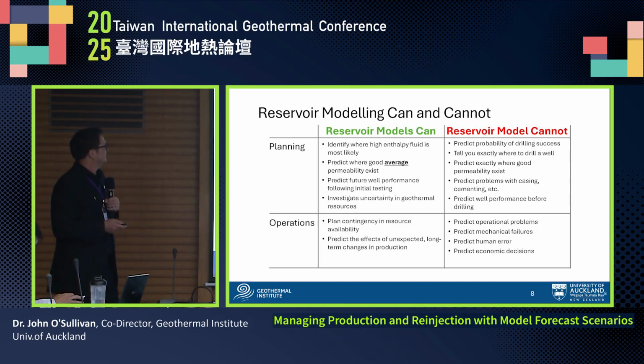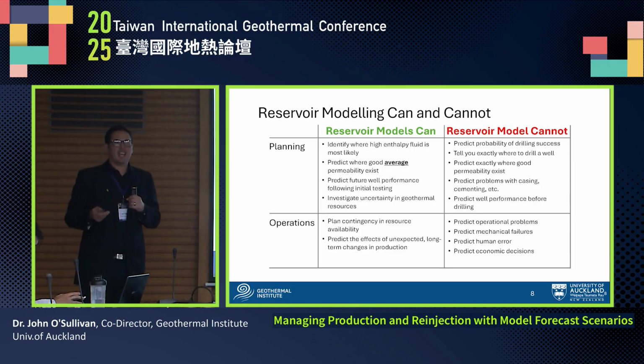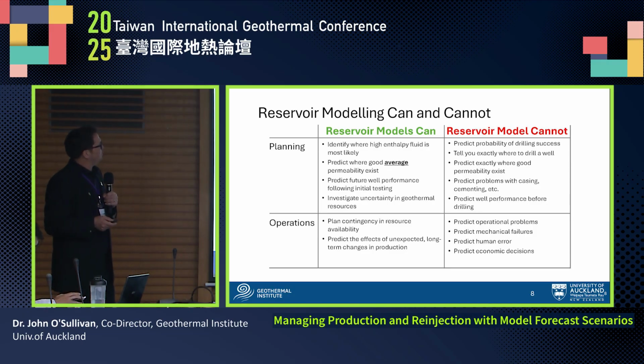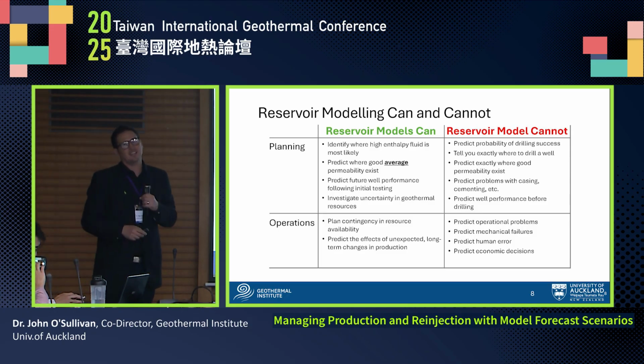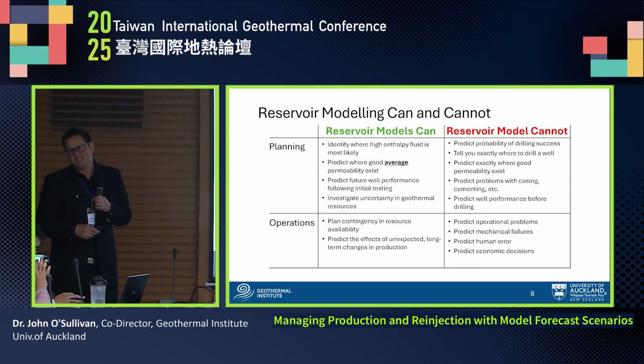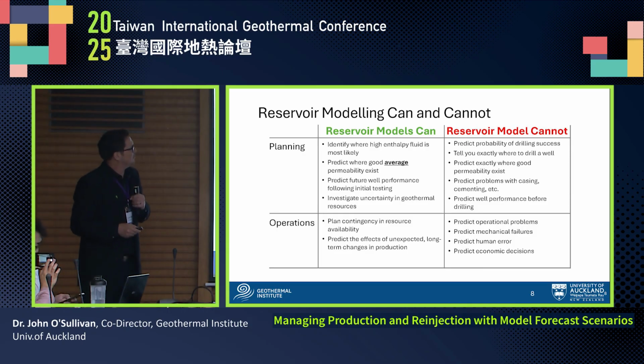Yeah, absolutely. So a couple of key things. Remember what your reservoir models can and can't do. They're very, very good at predicting where the hot fluid is most likely to be and where the good average permeability is likely to be. But everyone who's worked in geothermal for any length of time knows you can drill a very successful well in a project and then 10 meters away drill another well which is unsuccessful. There's so much subsurface heterogeneity, and it will be exactly the same here in all of the settings in Taiwan, that